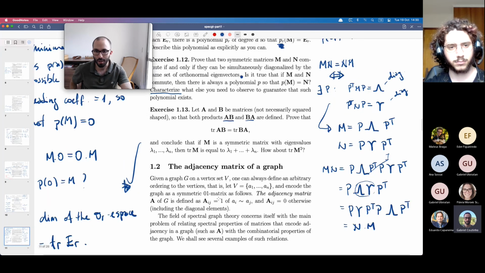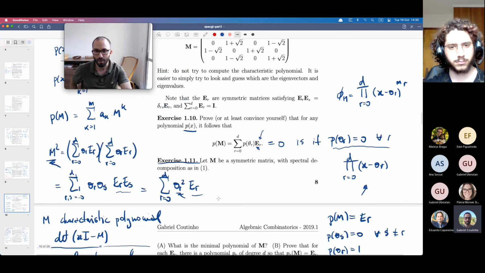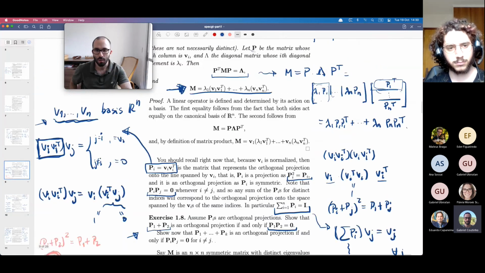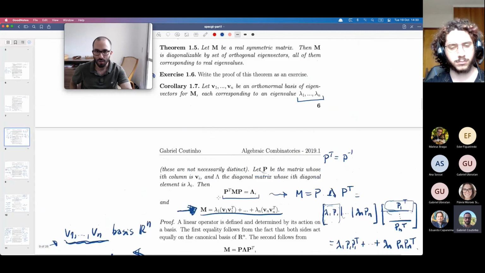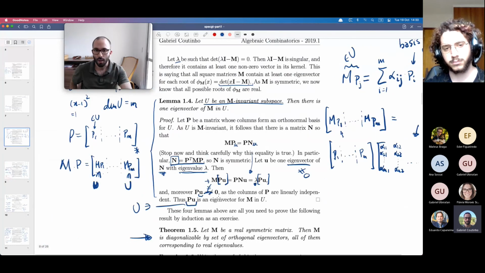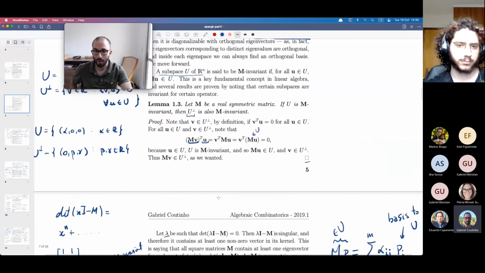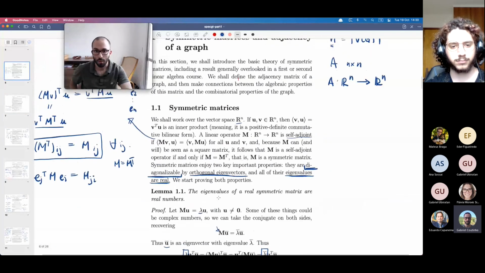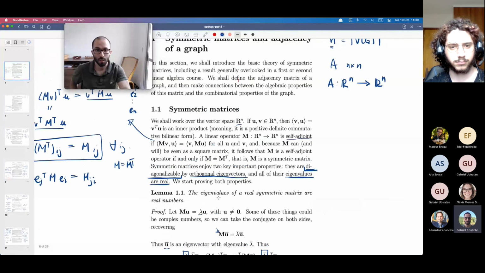I know that this was probably a little bit too fast, but you can review these lecture notes, study them carefully, solve the exercises, write a couple of examples by hand, and I am sure that it's going to be possible to understand what's going on. If you still are too lost on the symmetric matrices, talk to me, send me a message after class, and I'll try to help you.